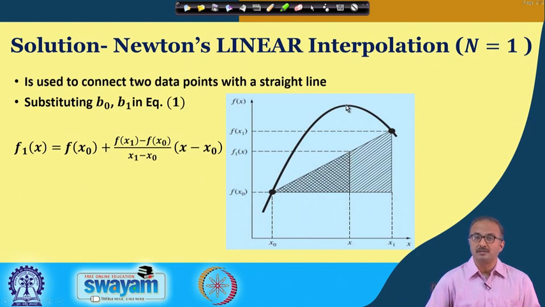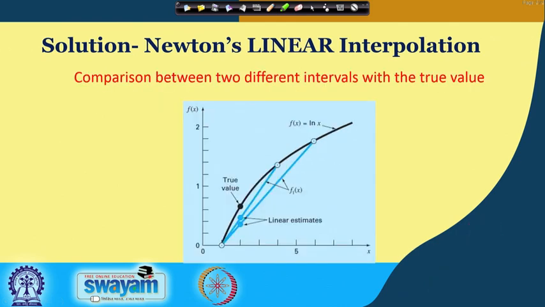So you can see that depending on the linearity or non-linearity of the given function, the accuracy of the order of the interpolation will differ. In this case, you can clearly see that a linear interpolation is not giving us a very good result. But anyhow, we shall see how we are going to go with this linear interpolation first. This is the formula you can easily find from the linear interpolation.